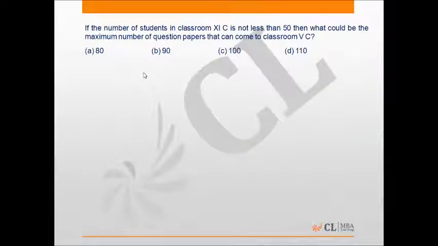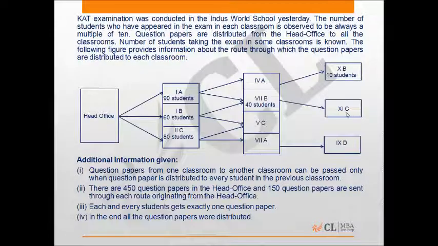Come to the first question. It is given that the number of students in class 11C is not less than 50. Then what could be the maximum number of students that can be in class 5th C? The number of students in 11C is not less than 50, and we have to maximize the number of students in class 5th C, and the total number of students across the classes first A, first B, third C, 7th B and 10th B is